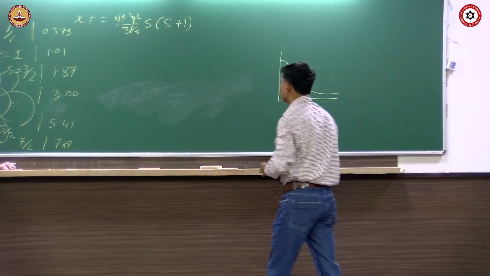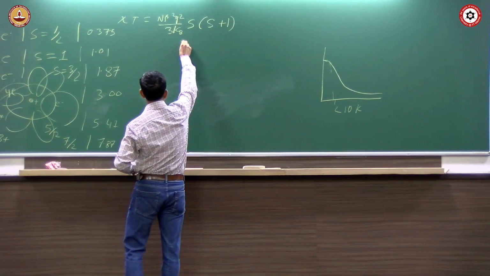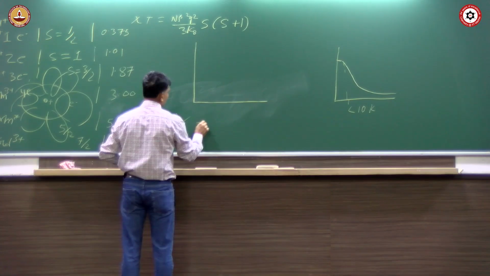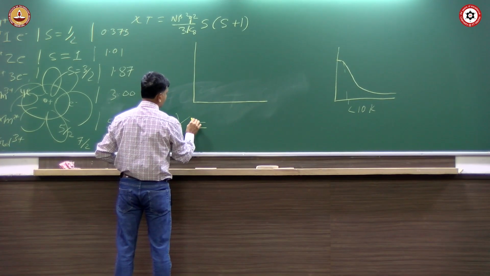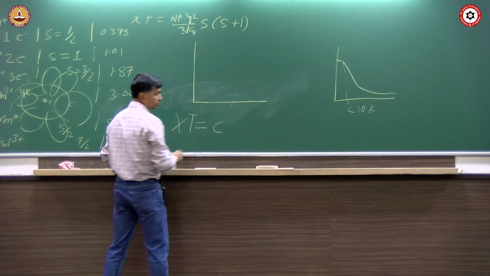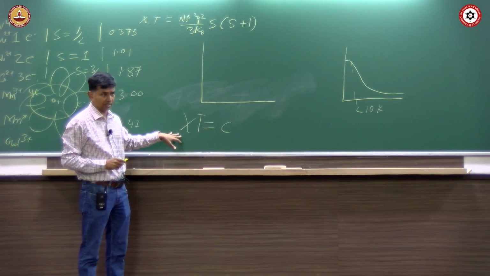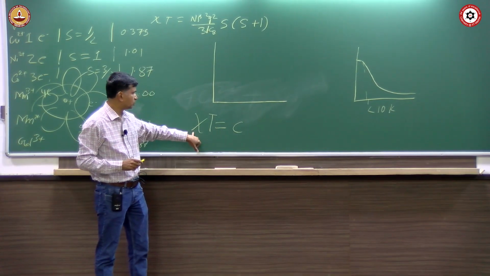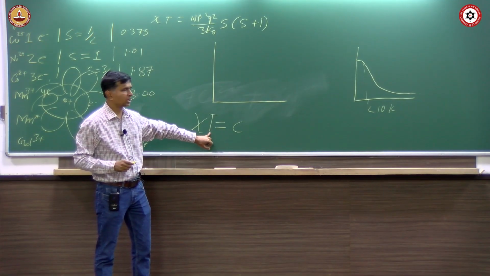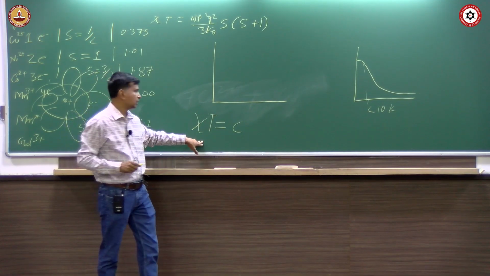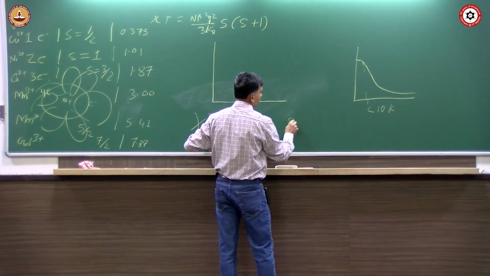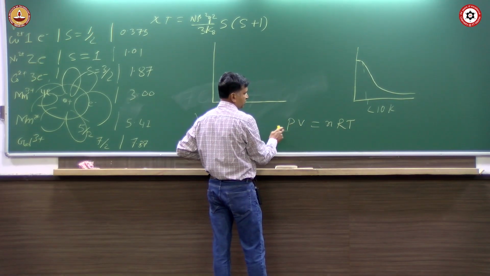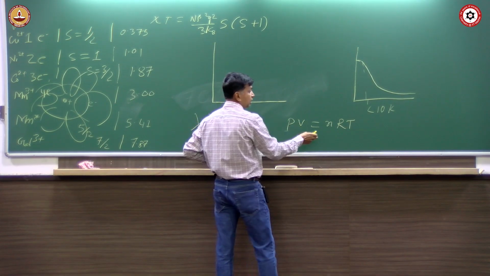Now, suppose you know Curie law, right? Curie law says chi T equals C. For a paramagnetic ion, this will be constant, whatever you do; chi and temperature multiplied is like PV equals nRT, right? So P is pressure, V is the volume at that pressure,